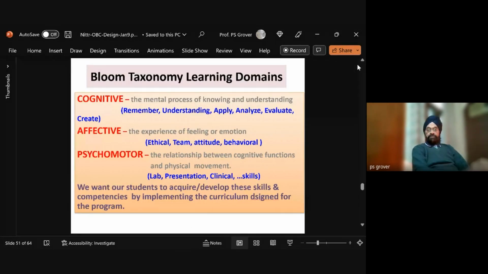So the Bloom taxonomy learning domains: cognitive, the mental process of knowing and understanding, like remember, understand, apply, analyze, evaluate,